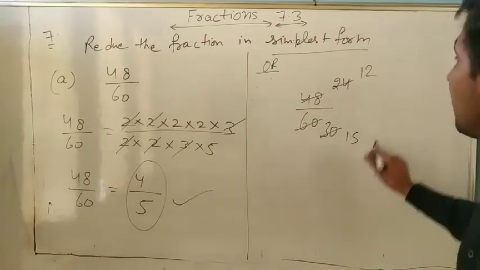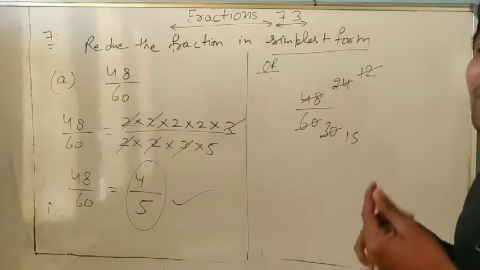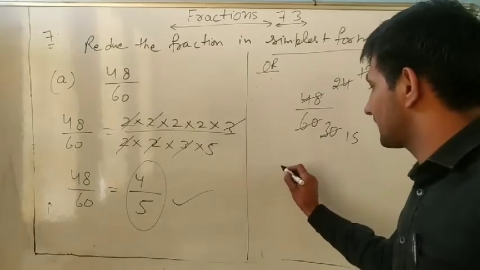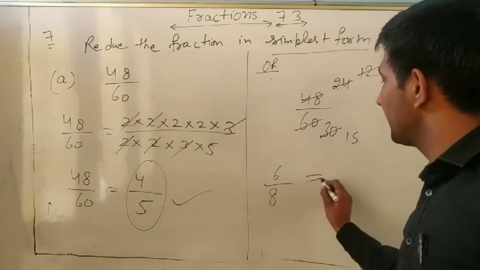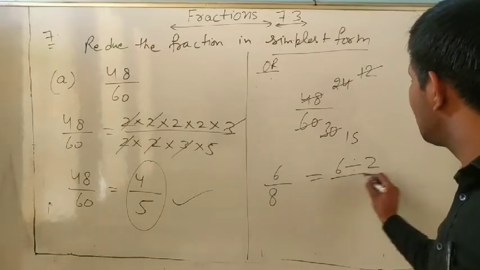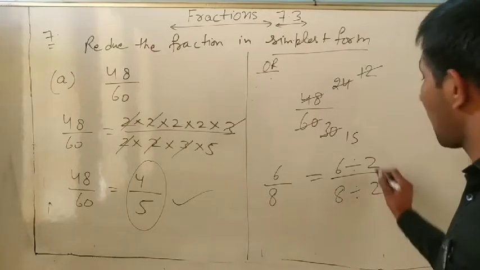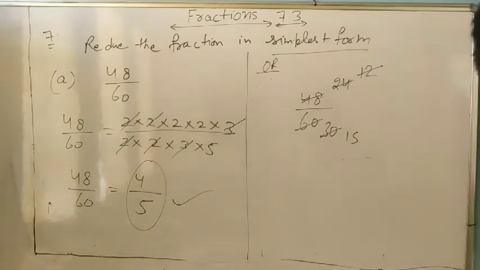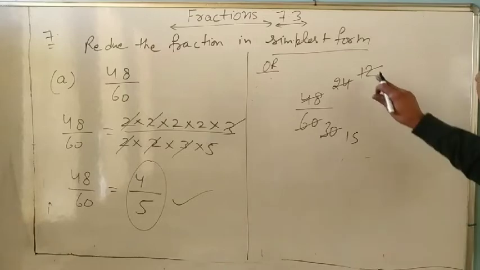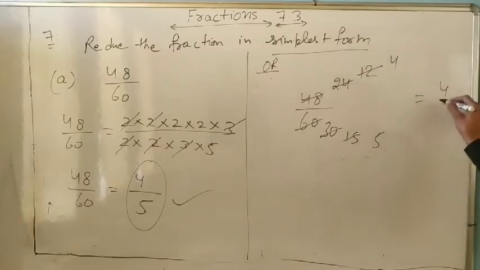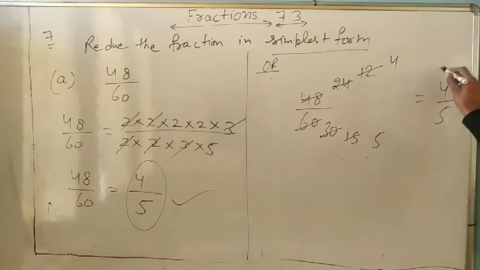Always we will cut by the same number, okay? Same number means we are dividing by the same number every time. Because if any fraction is given, for an equivalent fraction we can divide or multiply by the same number. Always the same number. That's why don't multiply or divide by a different number. So here cut by 3: 3, 4; 3, 5. So what remains? 4 upon 5. So it is the simplest form. Any one method you can use.